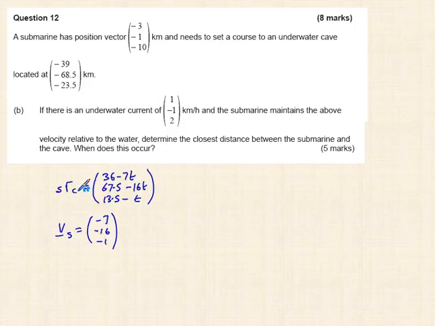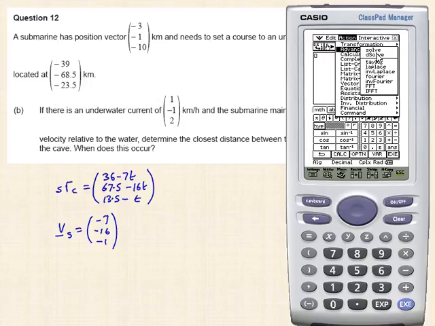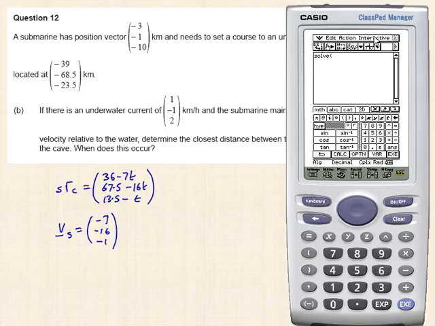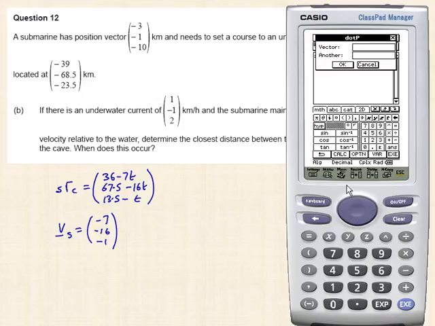Now, since the cave is something that sits still, this is the relative velocity vector. The minimum distance occurs when the dot product of the relative position and the relative velocity is 0, and we can solve for that on the calculator. So action, advanced, solve, and then we want a dot product, so vector dot p, and our first vector, and we need square brackets for that,